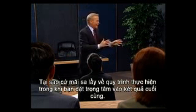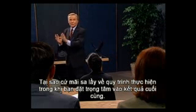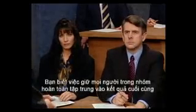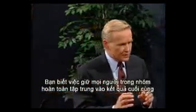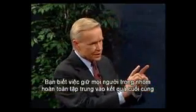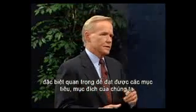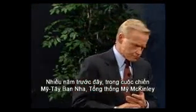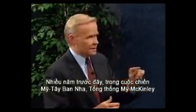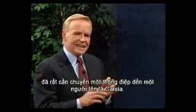Why get bogged down with process if you've got a focus on the end result? You know, keeping everyone on the team totally focused on the end result is critically important to achieving our goals and our objectives. Many years ago, during the Spanish-American conflict, the then President McKinley of the United States needed desperately